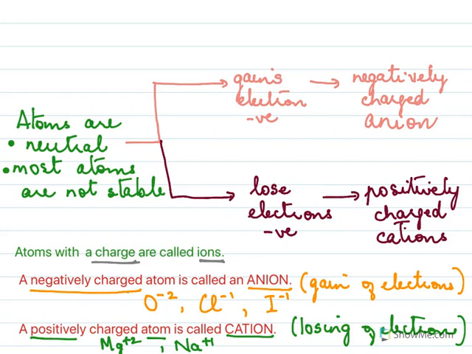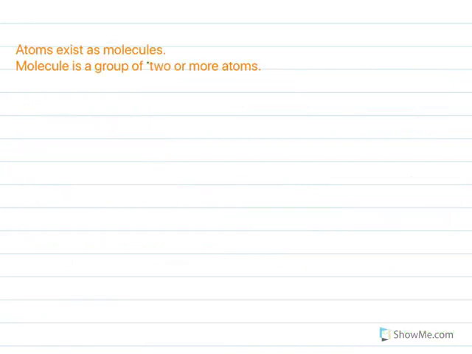So here we have learned that atoms usually do not exist on their own. The only atoms that exist on their own as single atoms are those of noble gases. But atoms usually exist as charged particles called ions. Some are positively charged and they are called cations. Some are negatively charged and they are called anions. So we saw that atoms exist in two forms, as ions and molecules.